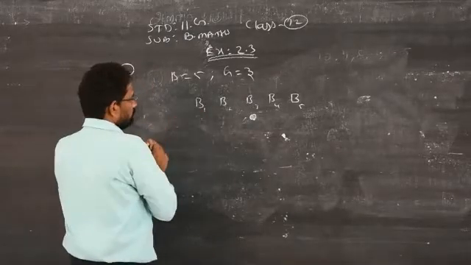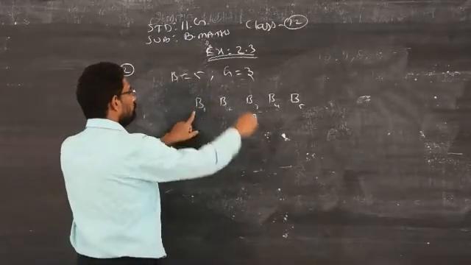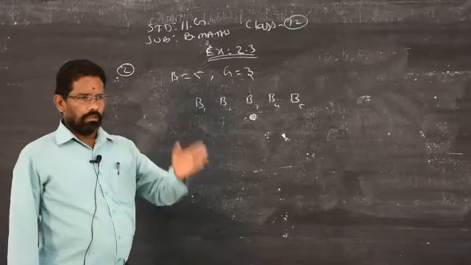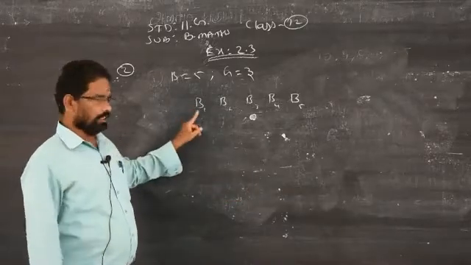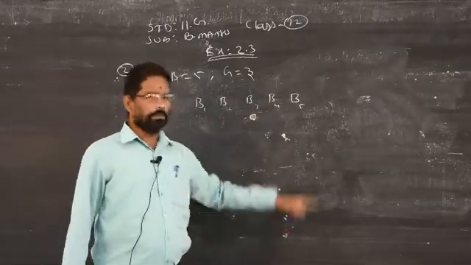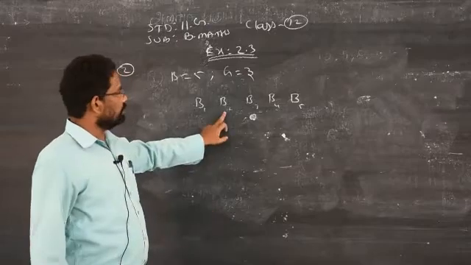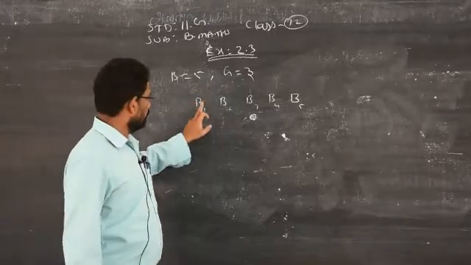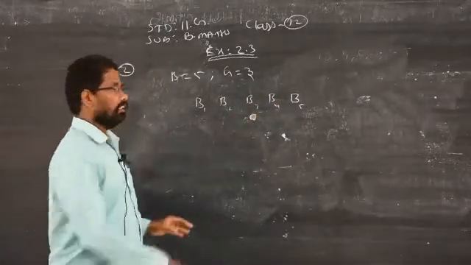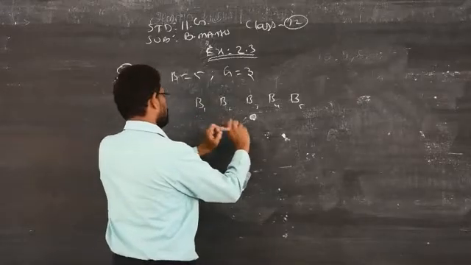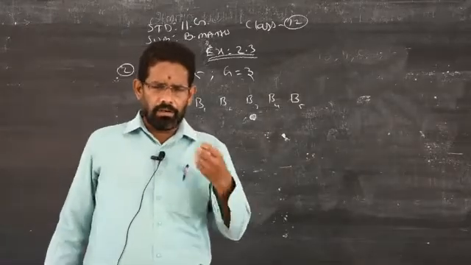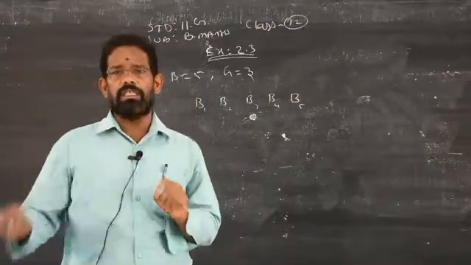See, the Y1 has the freedom to go to any of these 5 places. First boy can go even to the first place. He has the right to go to the second place and third place, fourth place, fifth place. Similarly, boy 2 also has the same number of chances. First place, second place, third place, fourth place, fifth place. And the third boy also has a chance of sitting in the first place, second place, third place, fourth place and fifth place. So each and all the 5 boys, every boy has equal chances.